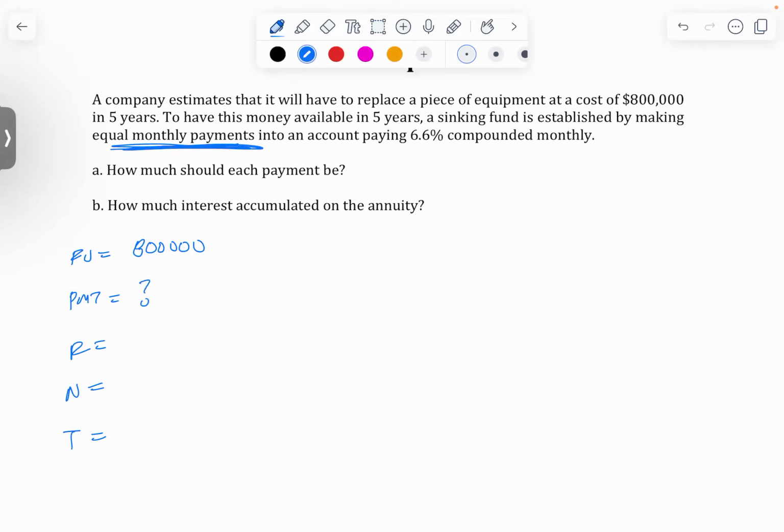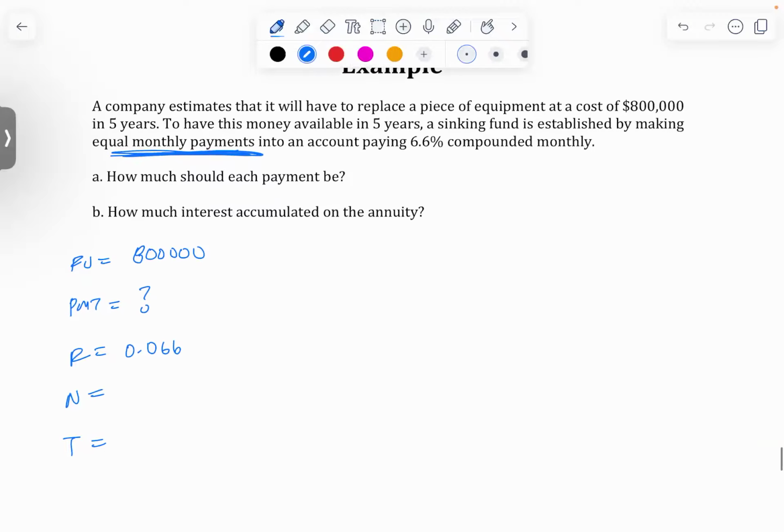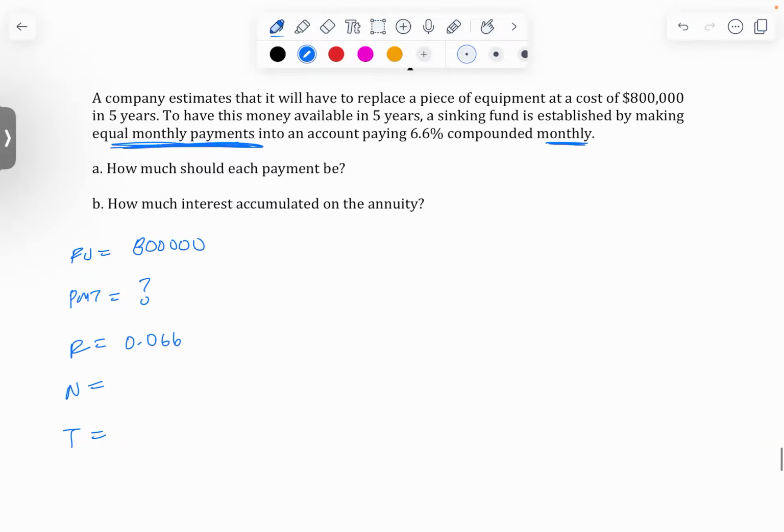That means that's what we're looking for. 6.6% compounded monthly. That means there are 12 months in a year, and we want to have that money available in 5 years. So we can use either equation, but since we have the formula for the sinking fund equation,